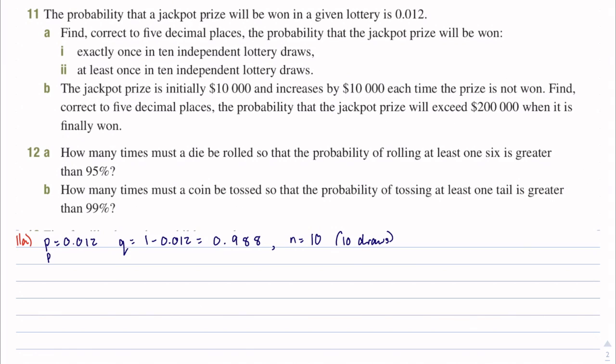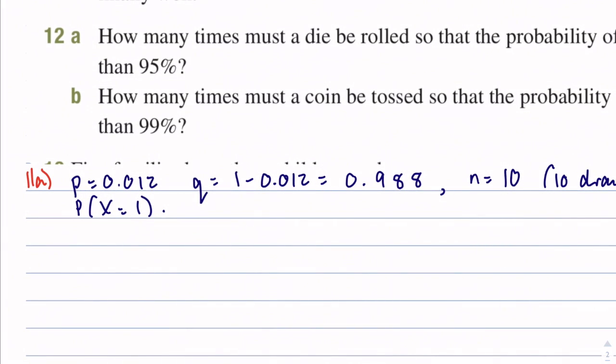So we're after exactly 1 prize. So that gives us 10C1, 0.012 to the 1, 0.988 to the 9. For 11B,